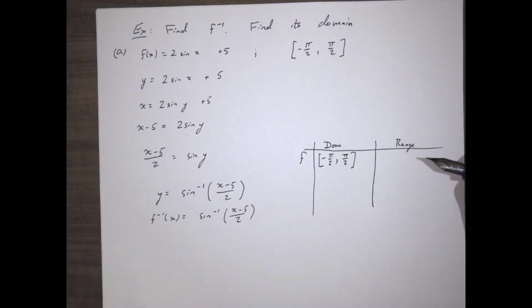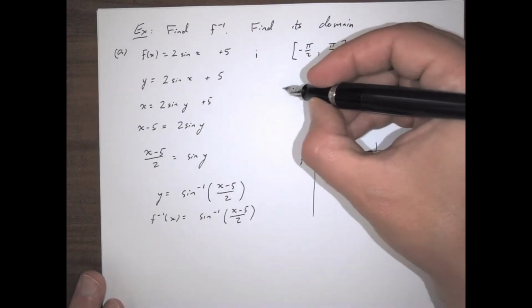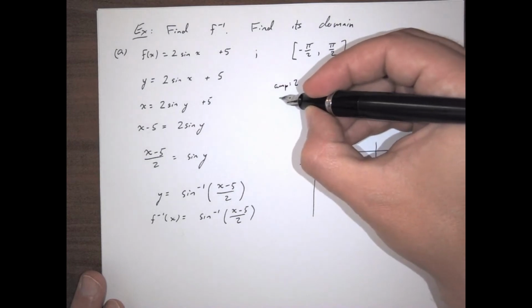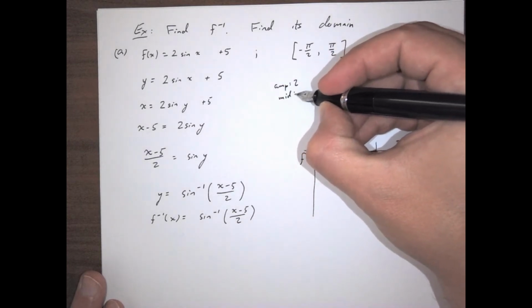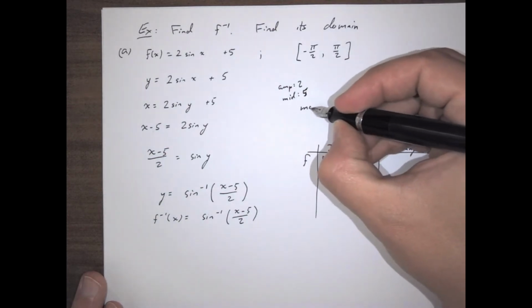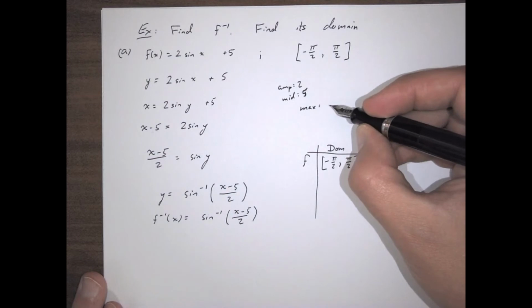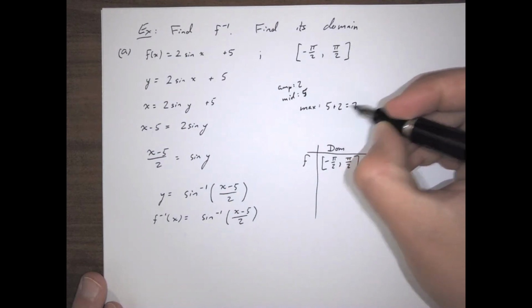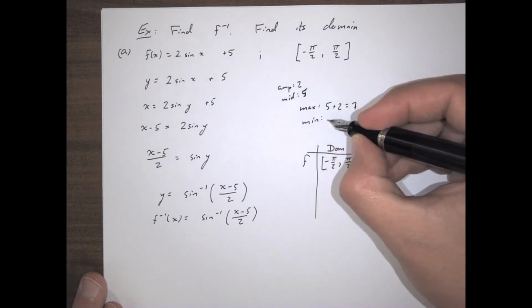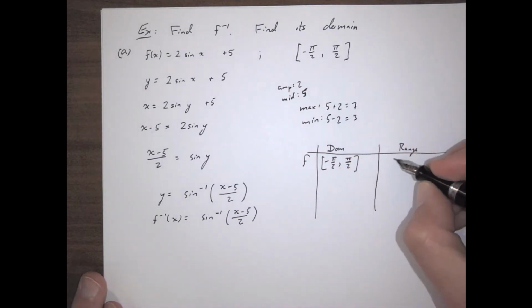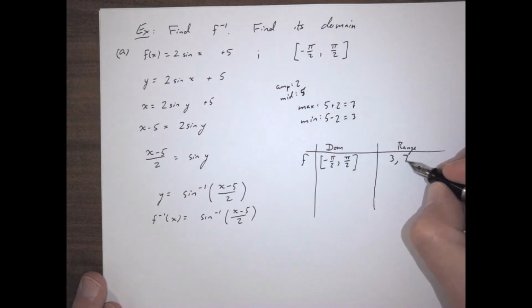This is a sine function, so it has an amplitude of 2, and it has a midline of 5, which means then that the maximum is going to be the midline plus the amplitude, and the minimum is going to be the midline minus the amplitude. And so that gives us a range of 3 to 7